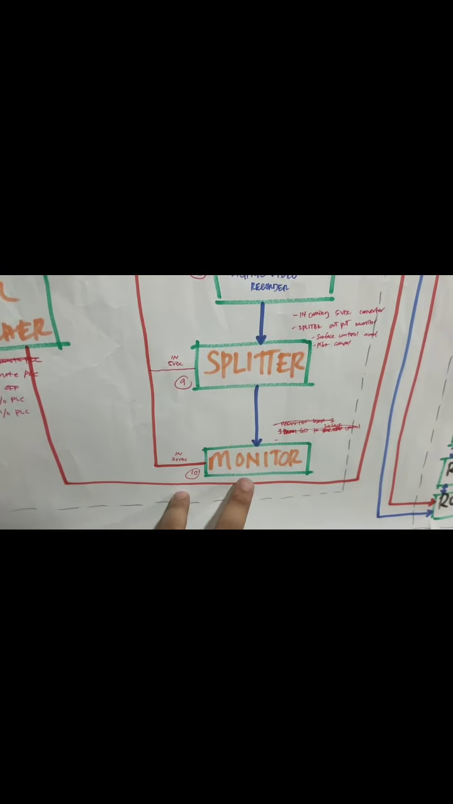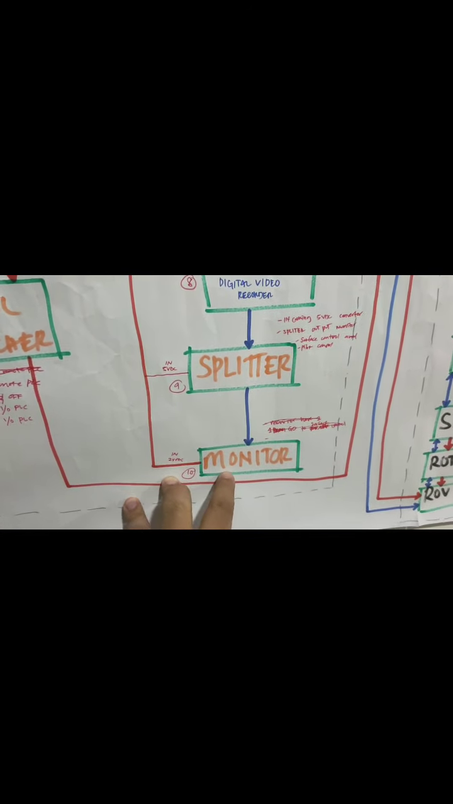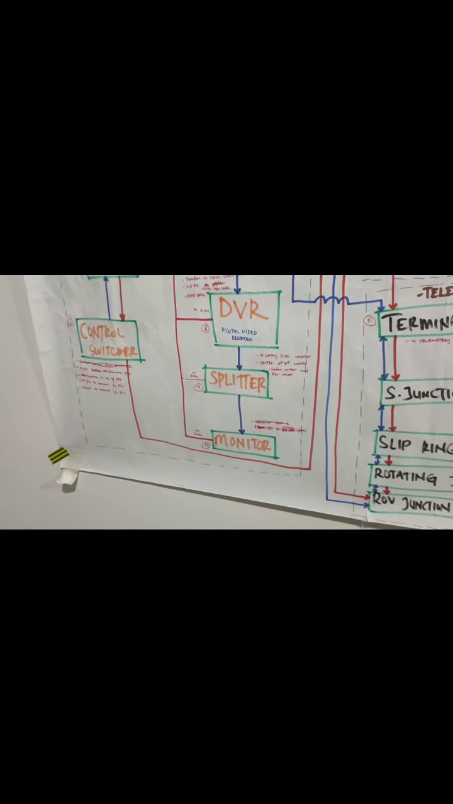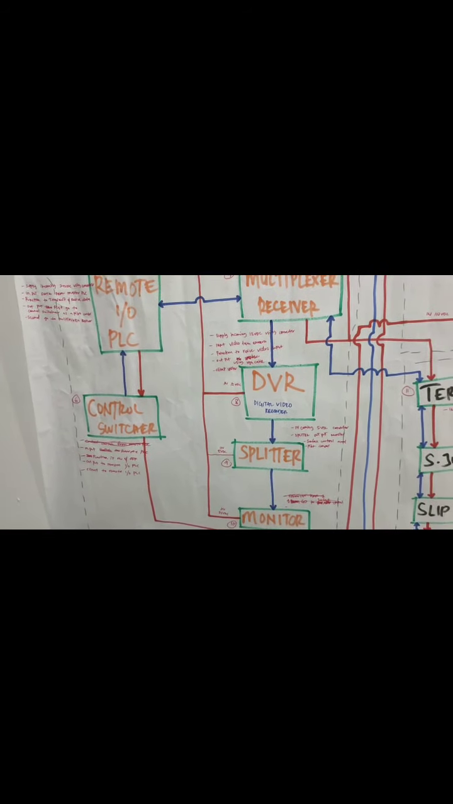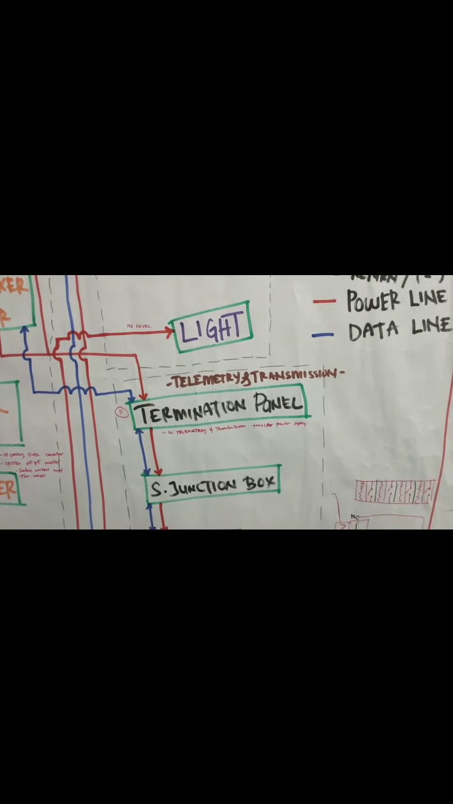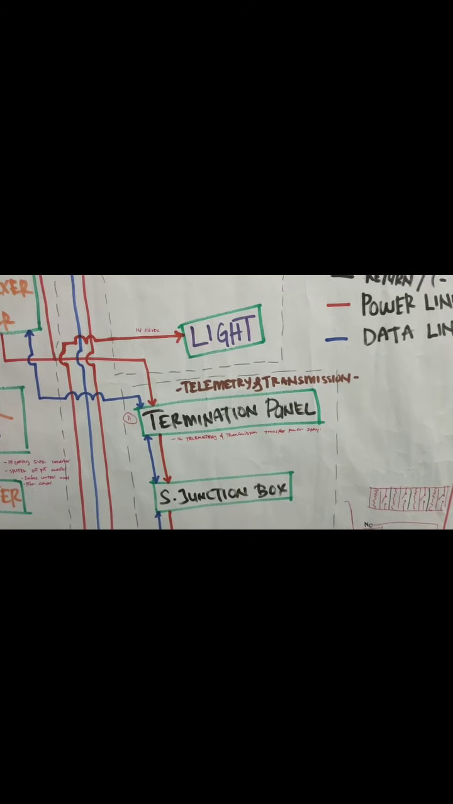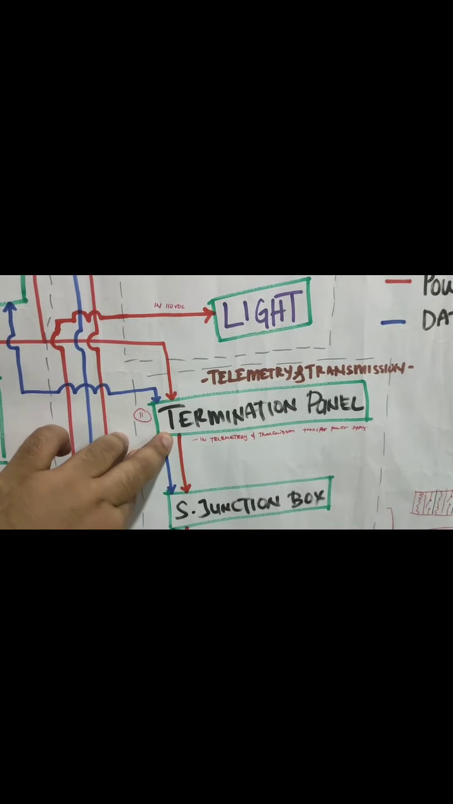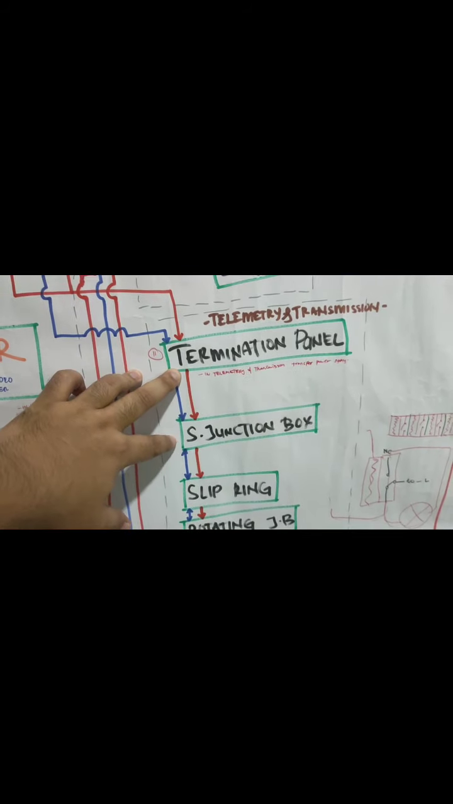The next one is the monitor. This one receives 24 DC volt supply, with input from the splitter. That is what we cover for the top surface of the ROV simulator. Next we will go to telemetry and transmission. Telemetry and transmission consists of termination panels,